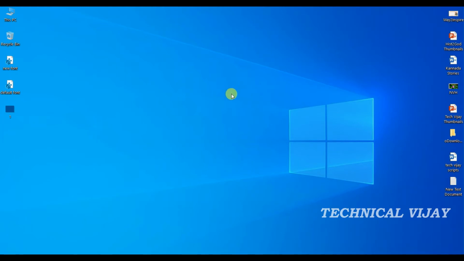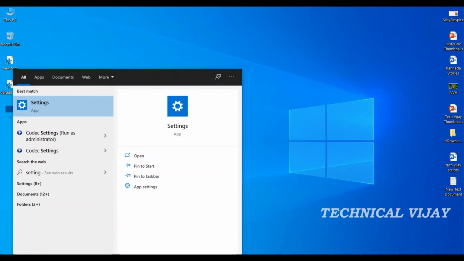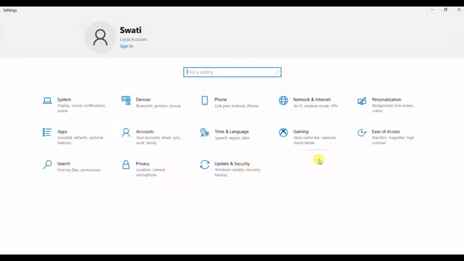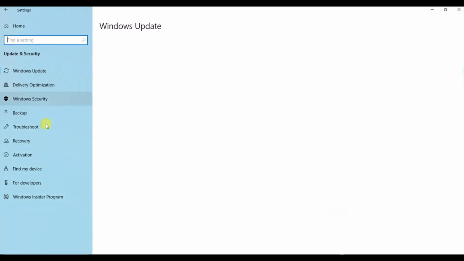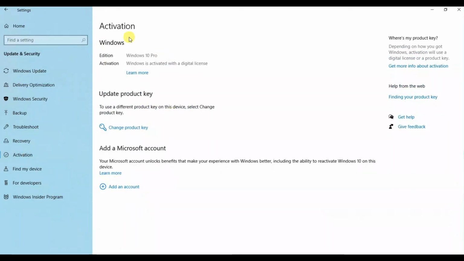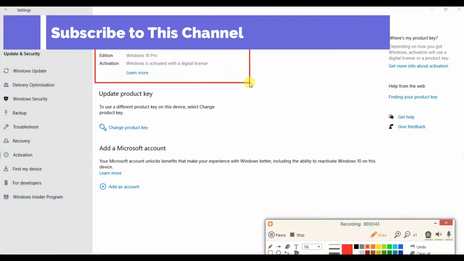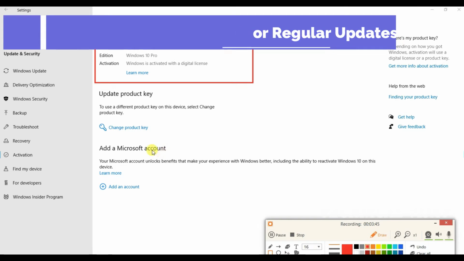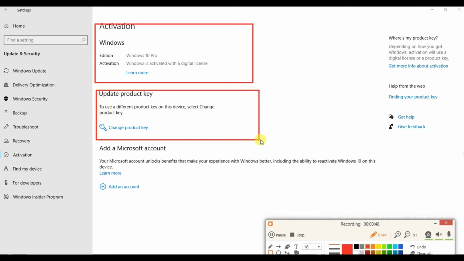First method: if you are using Windows 10, there is a quick and easy way for you to check its activation status. Start by opening the Settings app and then go to Update and Security. On the left side of the window, click or tap Activation. Then look on the right side. You should see the activation status of your Windows 10 computer or device. In our case, Windows 10 is activated.